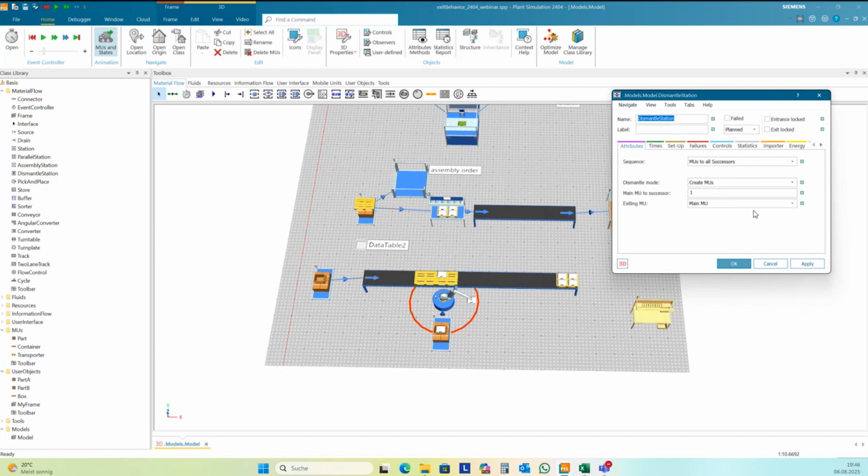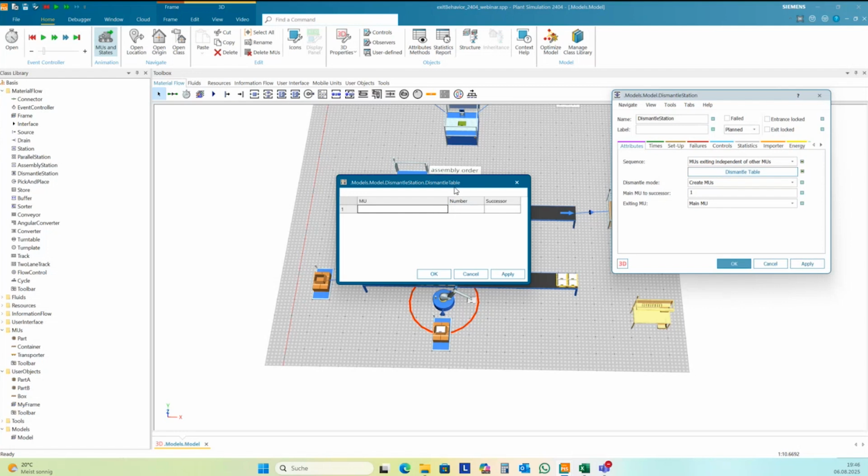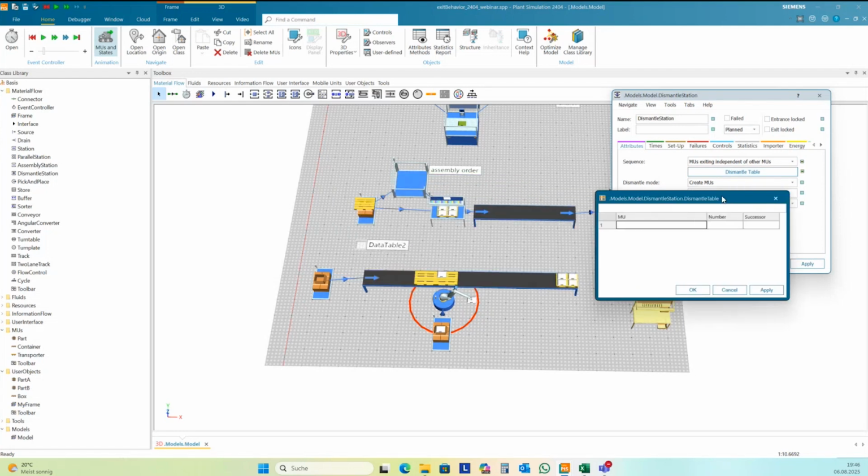The dismantle station has the difference that you have two different exiting MUs. You have maybe the main MU and all the parts on the main MU, and you have a sequence of MUs exiting independent of other MUs, and then you have a dismantle table, and here you can define what MU to which successor should go.